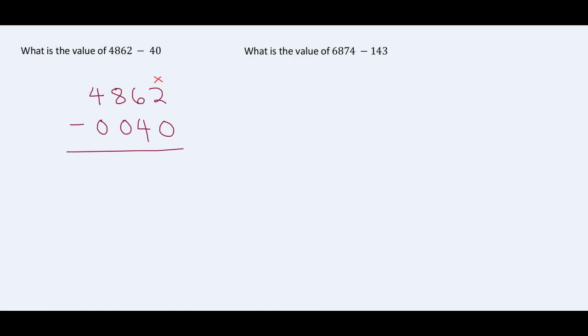2 minus 0, that gives us 2. We move over to the next column. 6 minus 4, that should give us 2. Then we move over to the next column. 8 minus 0, that should give us 8. And then next column, 4 minus 0, that will give us 4. Next example, we have